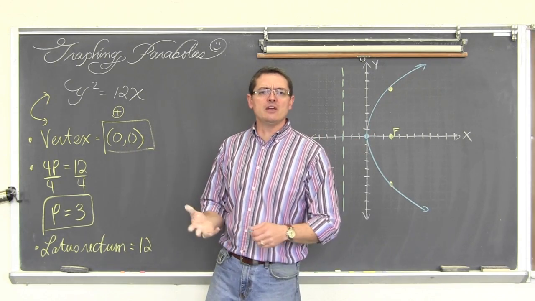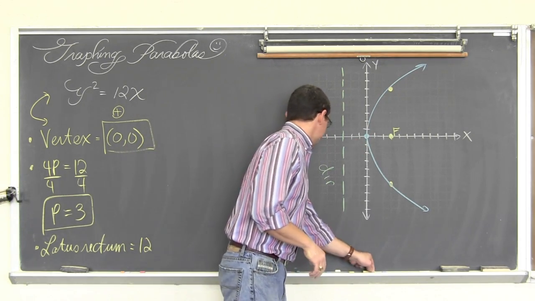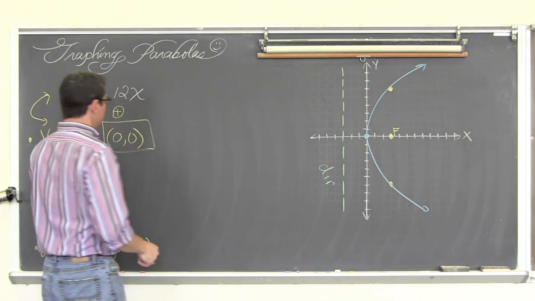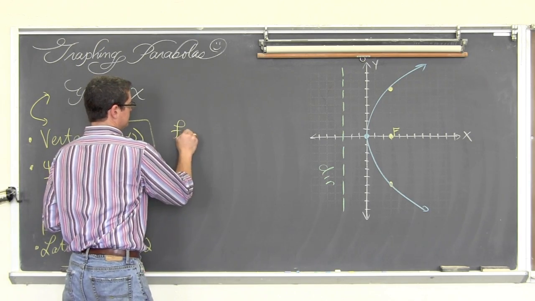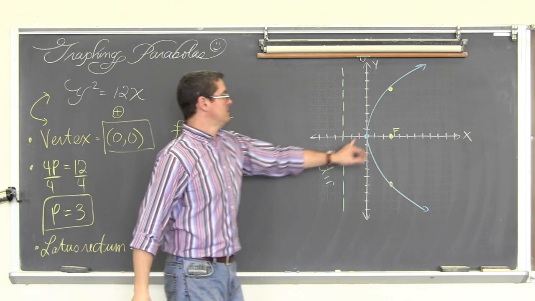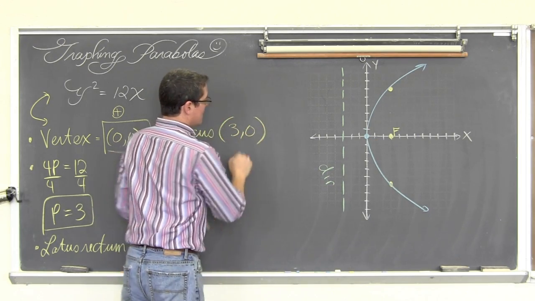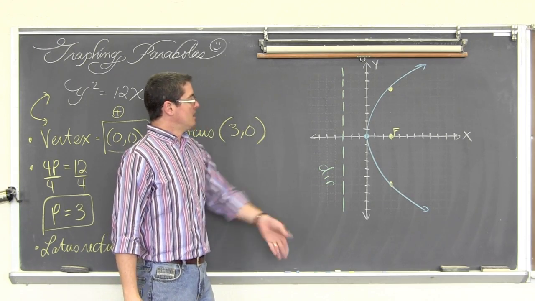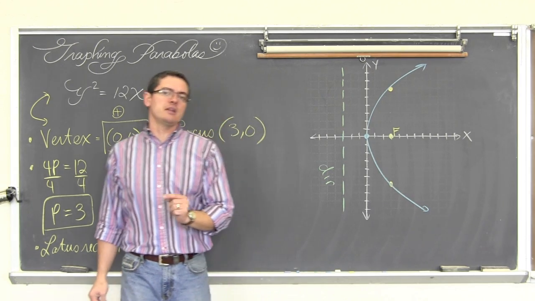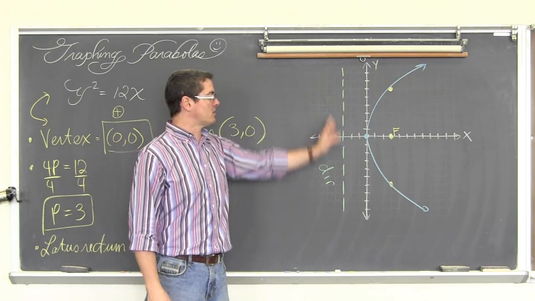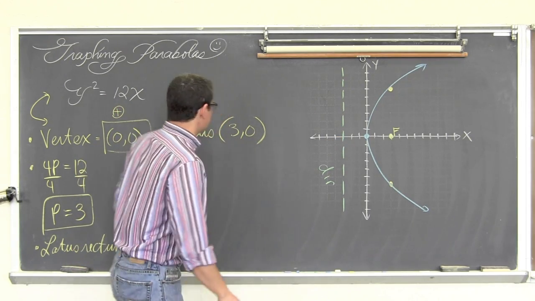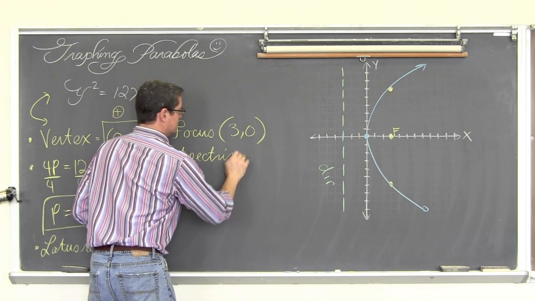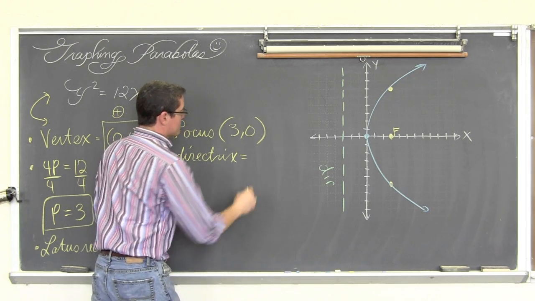Let's use this picture to make sure that we accurately write down all of our information. Well, we already have the vertex. That's pretty much all we have. So we have a focus point that is (3, 0). We have a vertical line, which is our directrix. Vertical lines, when you go up and down, you're not changing the x value, you're changing the y value. So the equation of a vertical line is x equals a number. So the directrix is going to be x equals -3.